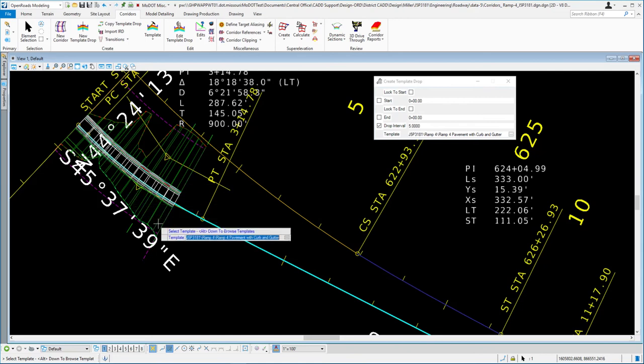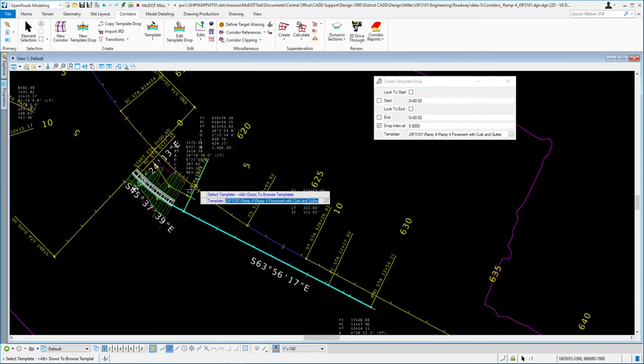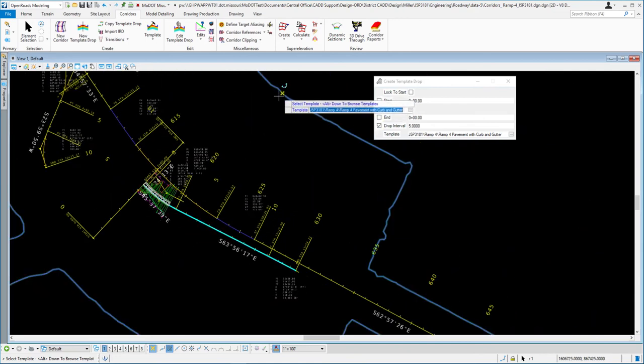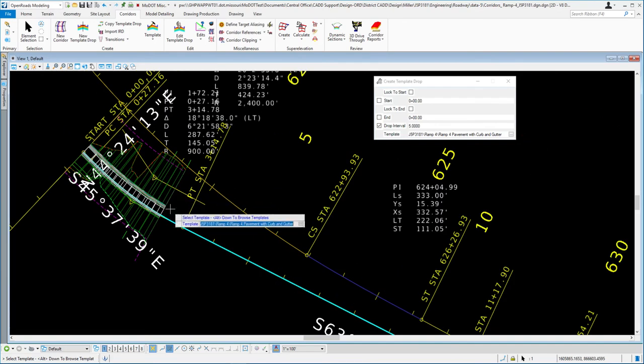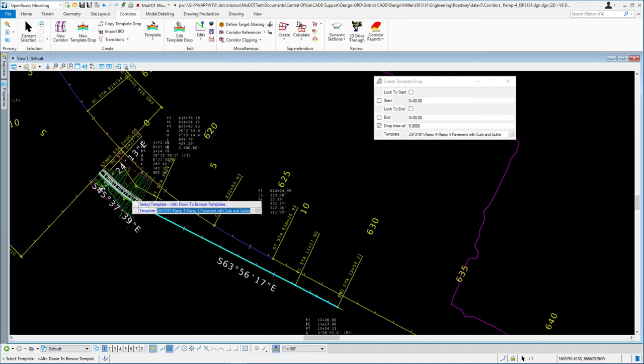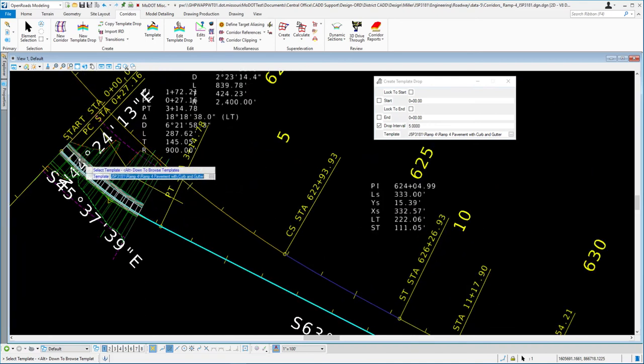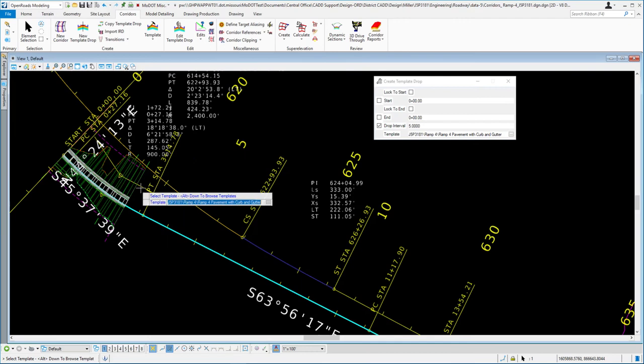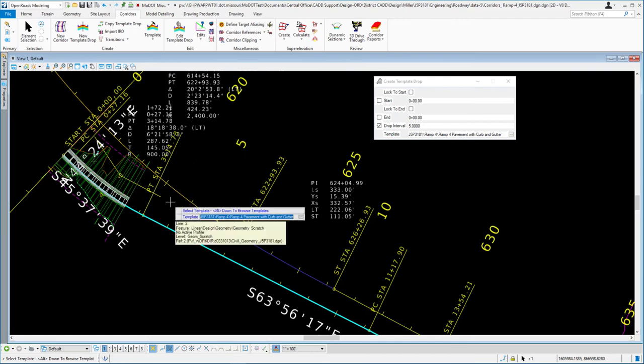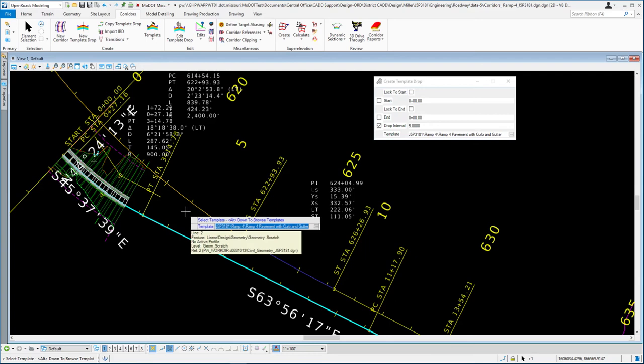Okay, if you don't see the green, then go back out and make that surface active. Then you'll process your corridor again, and you'll see the green tie to ground, so we'll be good. So that's only if you just see the edge of pavements. Okay, so the tool's wanting to keep going, and that's fine because we want to add another template drop. But if, for some instance, you right-clicked or killed the tool, and I'm going to do that just to show you,